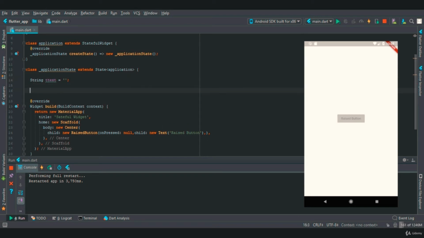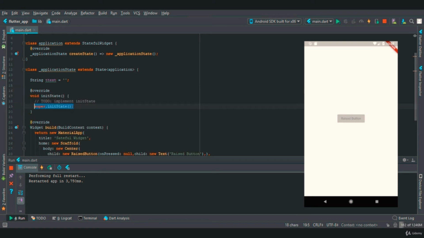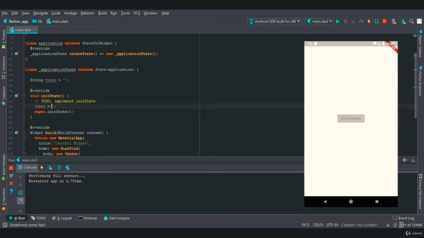And now we will create an initState. Now what is initState? So an initState is called during initialization exactly once. So in this we will set tText is equal to, we will type, click on this button,